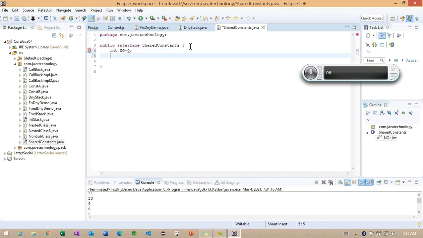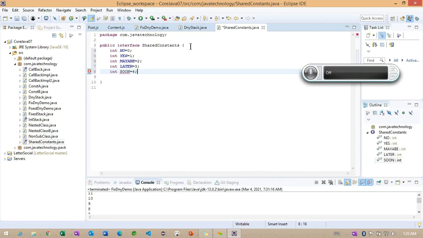I'm having no equals 0, yes equals 1, maybe equals 2. Later equals 3, soon equals 4, never equals 5. Getting the point. So these are the 5 variables I'm using inside this particular interface here.